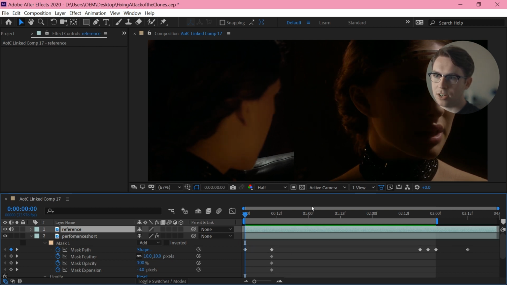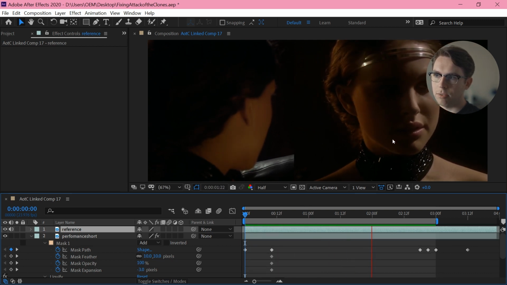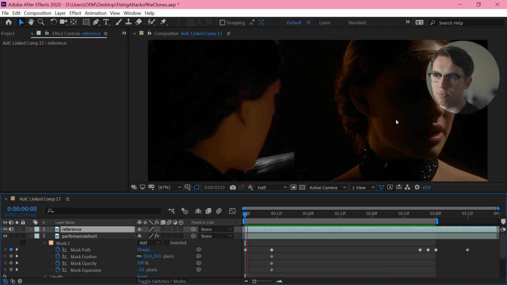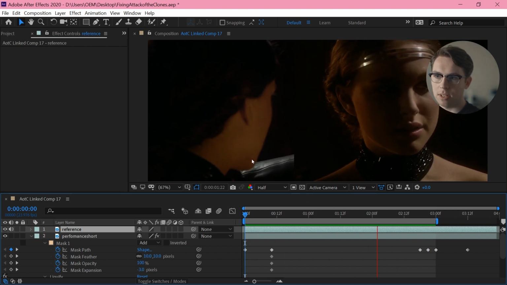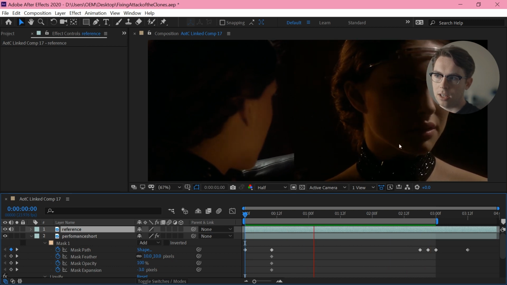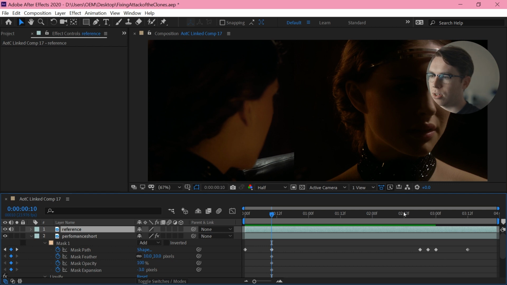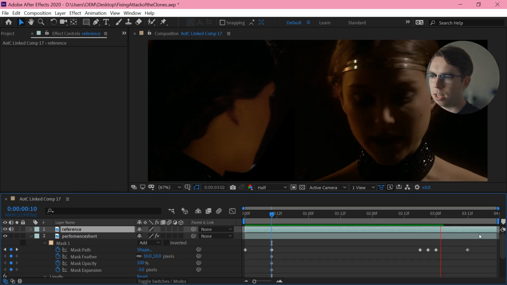I just match up the mouth movement as best I can with that. I'm removing this little shaking head bit, but the dialogue of when she's moving her mouth is matched up. And I've actually matched it up for longer than I need.